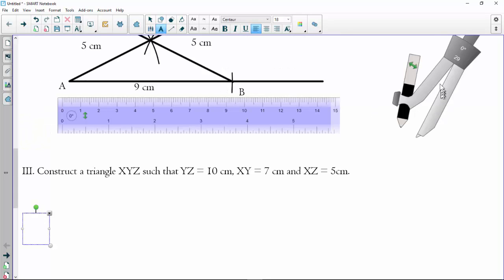However, our compass here cannot exceed 9.5. So that cannot be erased. So I will rewrite